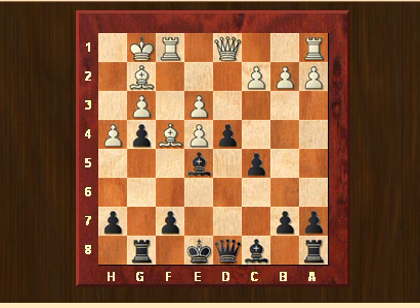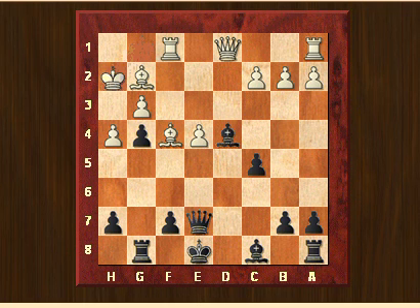Continuation bishop to f4, so the bishop escaped. Queen e7, take, check, king f2, and then bishop to e5. I didn't take on b2 with the bishop because